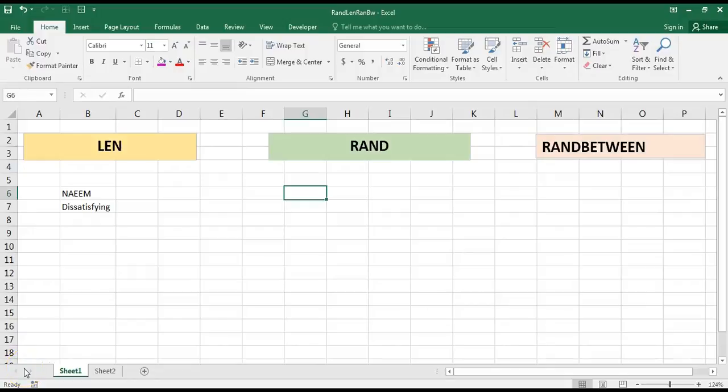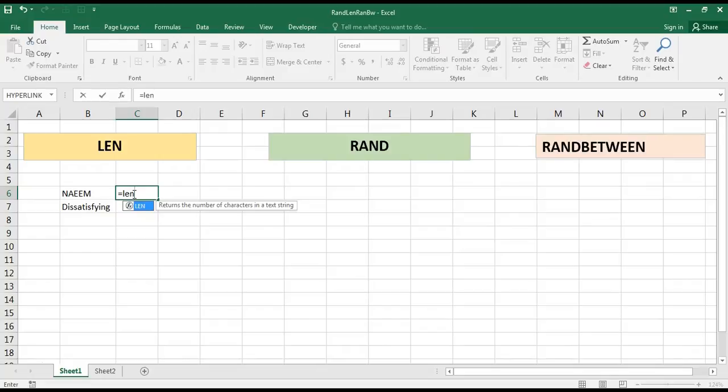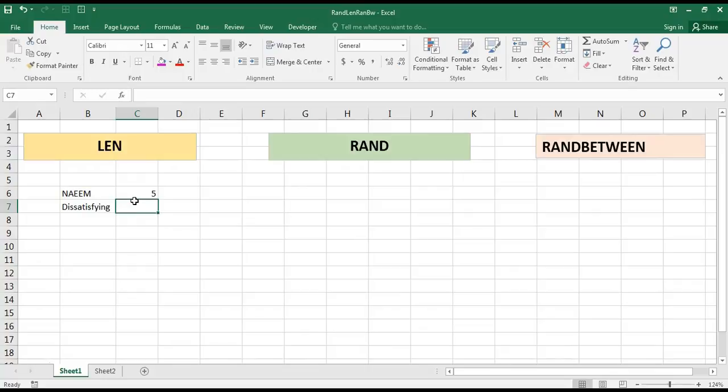Now it's time to move on to a few more complex functions, which are namely len, rand and rand between. The len function allows you to count the alphabets in any cell. Like these two cells, we will count the alphabets for them. To apply this function, you will again press equals to and write len, then select this. The only argument you need to put in this function is the text for which you want the alphabets. I will select this cell and close the brackets, enter, and now it's showing me that this word has 5